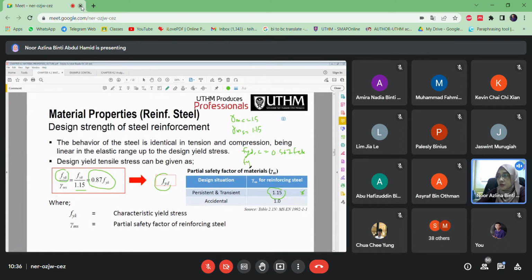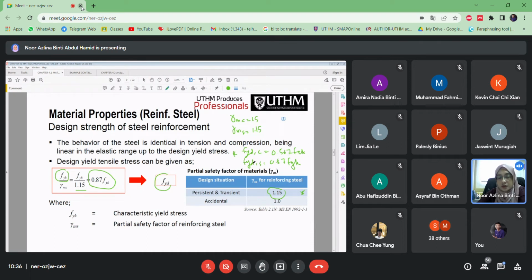So untuk steels, FYD for the steels, which is 0.87 FYK. Okay, so you need to understand, you need to remember how the value come from, what's the properties for